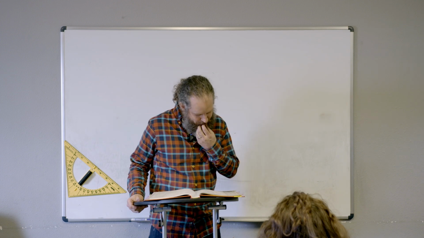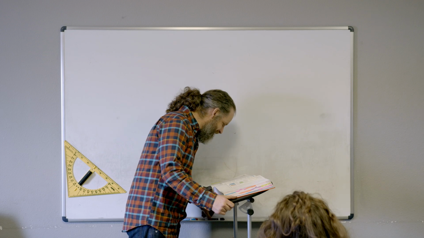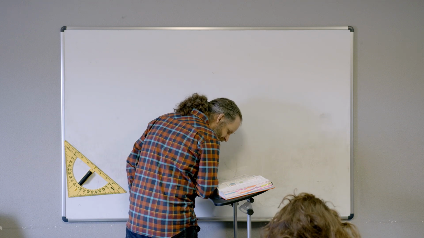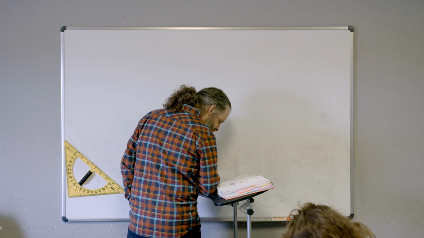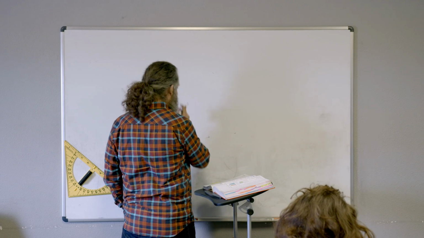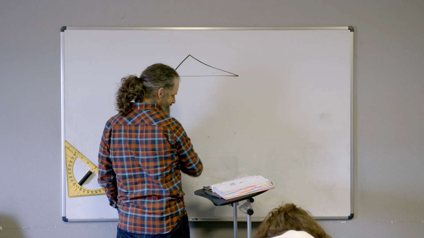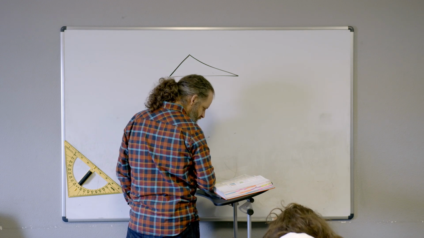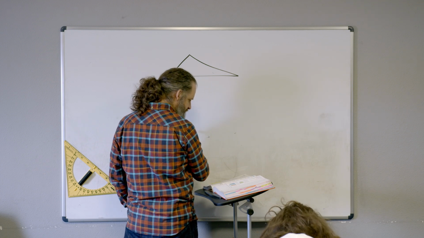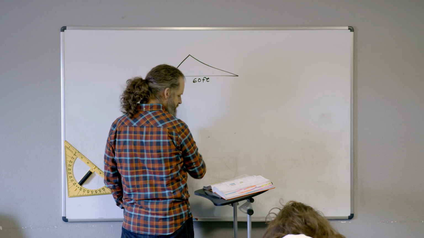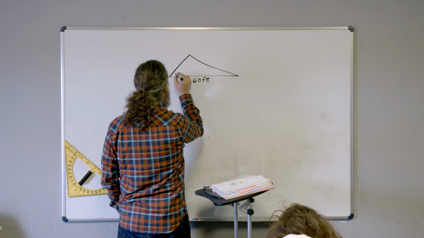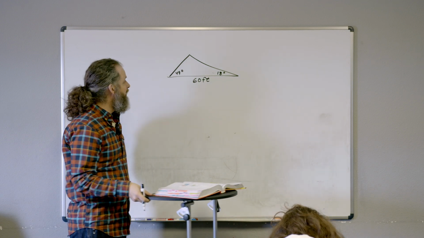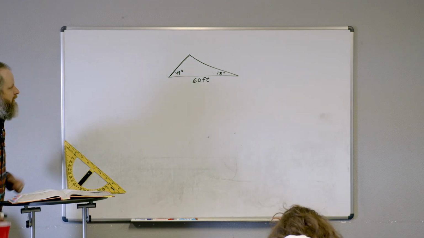Okay, so here we go. Let's see if we can figure out what is happening in this problem. So, the left side. Okay, so it's like a triangle roof, like this. The length of the patio will be 60 feet. So 60 feet. So 49 degrees and 18 degrees. This is how I would interpret what it's explaining, but we'll see whether the key matches and whether our interpretation is